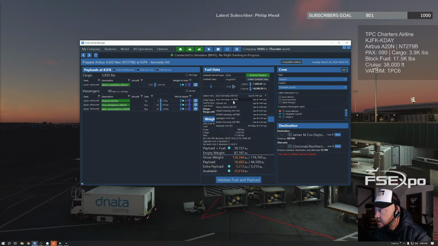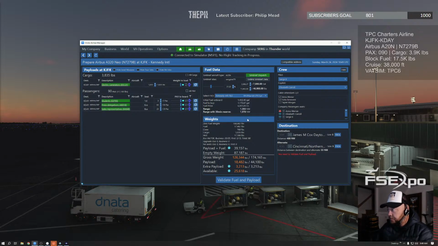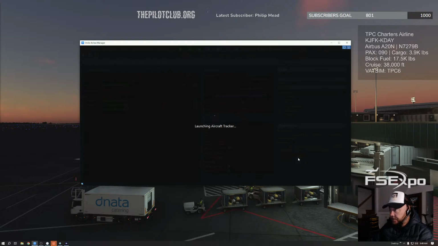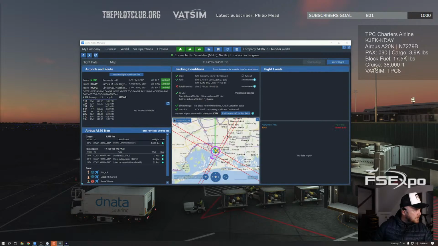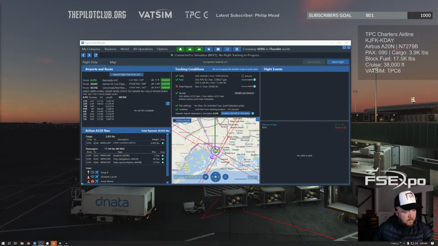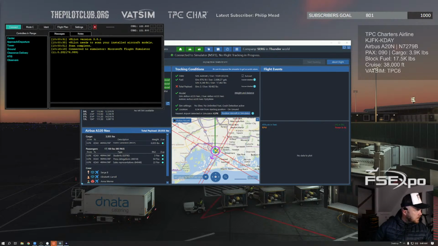Let's see. We'll take this one, and we need to validate. So we're validated. We'll hit fly now. And what we need to do also here, in our vPilot, we'll hit connect, put our call sign and type code for the aircraft. We'll hit connect,